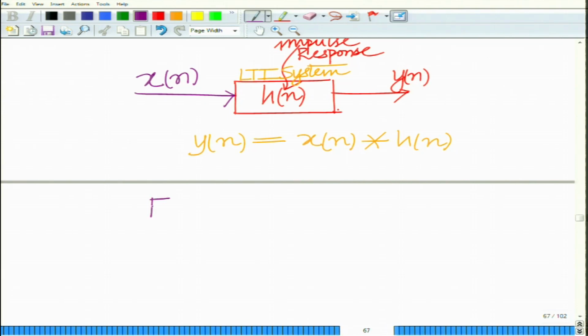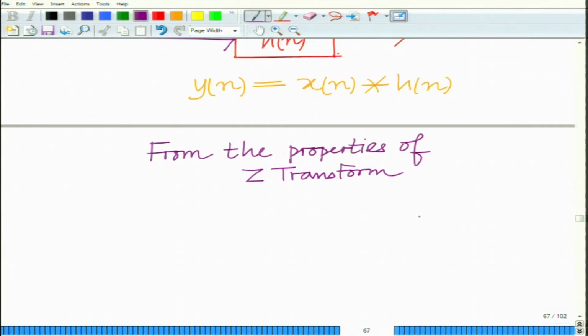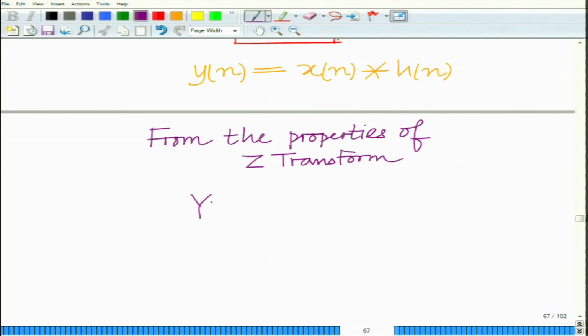Therefore, from the properties of the Z-transform, what follows is that Y(z) equals the multiplication of the Z-transforms X(z) times H(z), implies the transfer function H(z)